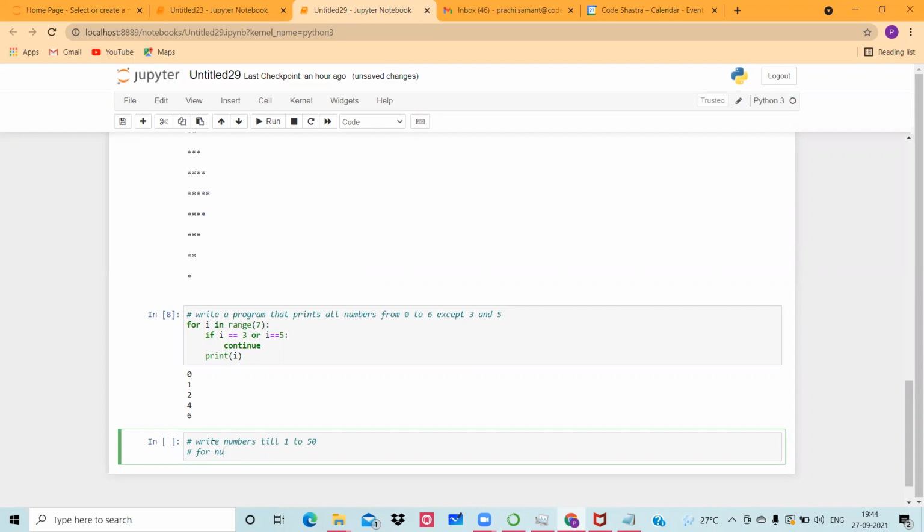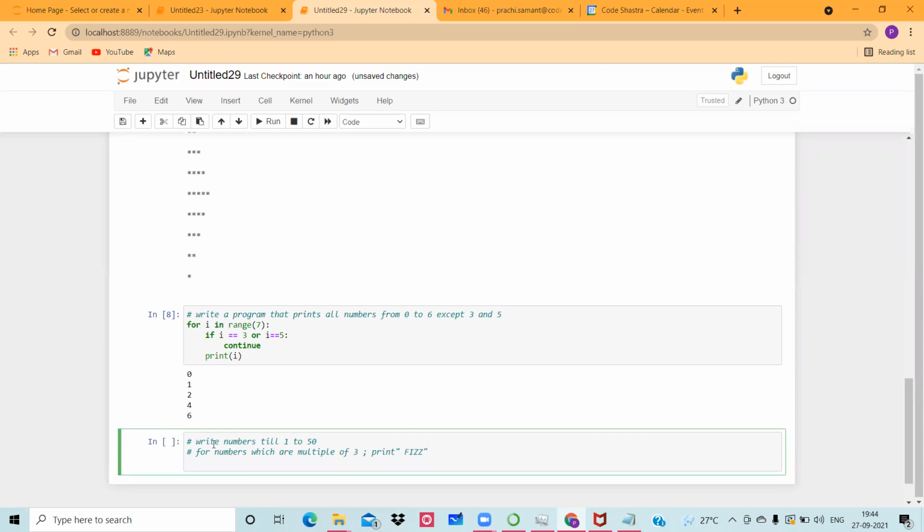For numbers which are a multiple of 3, just print something called fizz. You can print anything.